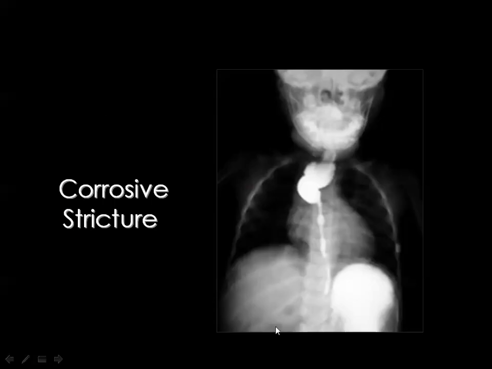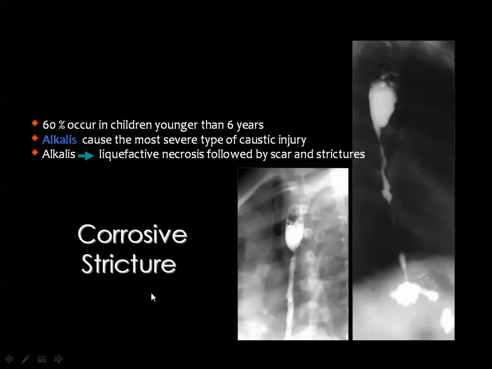as well. Then you see in this child, there is a very long segment of esophageal narrowing, usually starting at the level of the arch of the aorta and extending down to affect the whole esophagus. The proximal segment of the esophagus is usually dilated because of the resistance of flow through the strictured segment. And these are two different examples of corrosive stricture of the esophagus, proximal dilatation, long segment of smooth